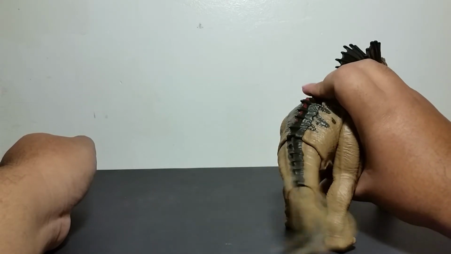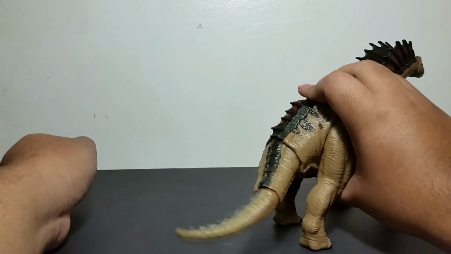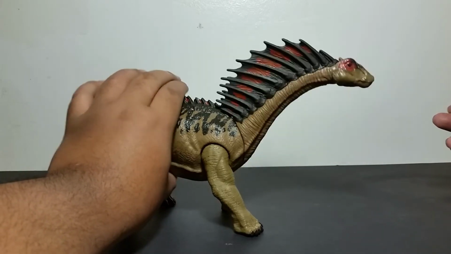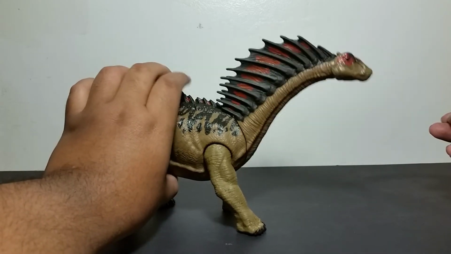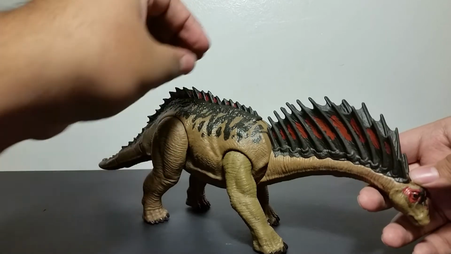It's not very strong in mine. I don't know how strong it is for everyone else, but the tail action is pretty good. Now the head action is very weird to me. It does work well on that speculation that Amargosaurus' spines would have been perfect for when predators bite down on